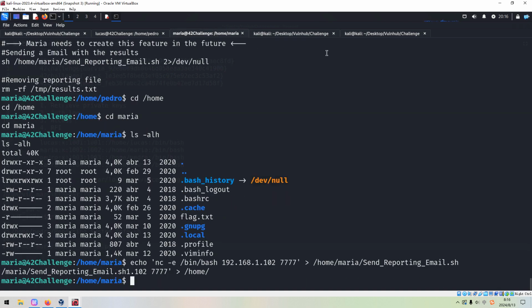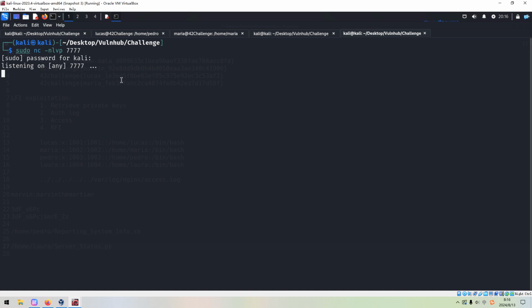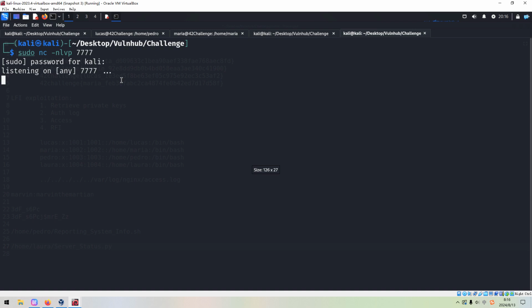So no error. And then we can wait. Maybe I'd like to make the font bigger, to see whether we can get another shell.